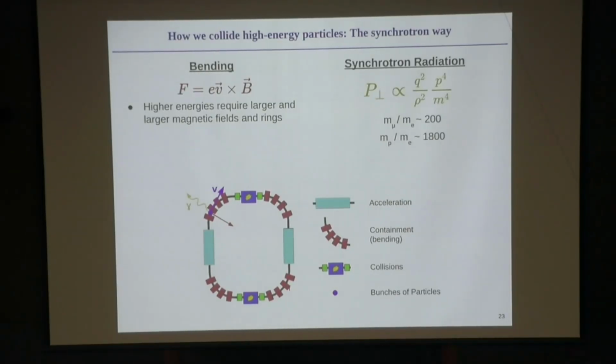The second thing is that we need to accelerate charged particles because we need to be able to bend them. But a charged particle that is accelerated emits radiation. And the power it loses by emitting radiation is proportional to the momentum over the mass at the fourth power. So for an electron, actually, this is essentially the limit of accelerating electrons in these rings. They lose more power than we actually can put in as we try to accelerate them. Luckily enough, both a muon and proton are significantly heavier than an electron, and so the fourth power means that this type of phenomenon is negligible in those cases.